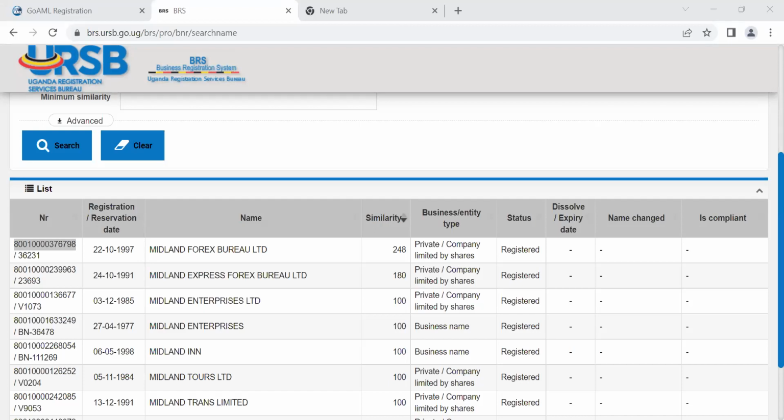What do you mean by the test environment? This is a test environment for training. I thought this is not the actual environment. So where shall we go for the actual environment? We'll share the link with you, don't worry. Do I have to screenshot all this, otherwise I'll get lost along the way? We have a tutorial on our website, and we are going to share this video. So you go through again, see where you are lost, and then retrace and register.